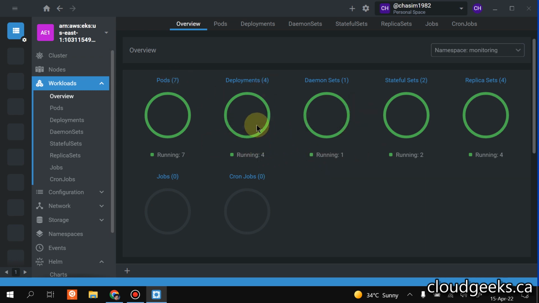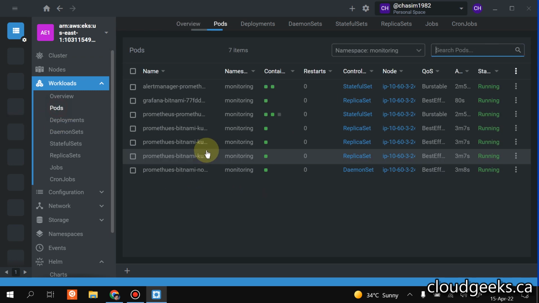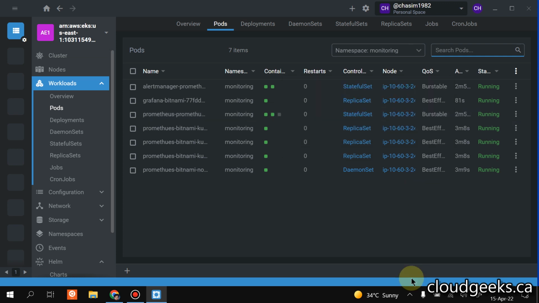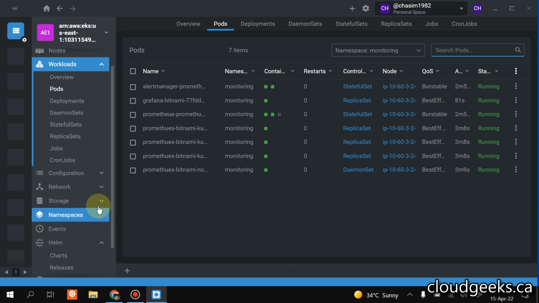So I have 4 pods up and running, and if I click on the pods, you see it even shows, after installation of Prometheus, how many containers are running in each pod. Was this an init container that has done, or a sidecar that has done its job and stopped? So anyway, this is such a powerful tool,